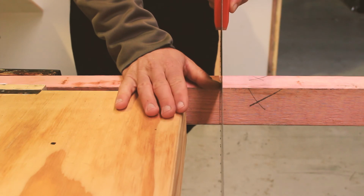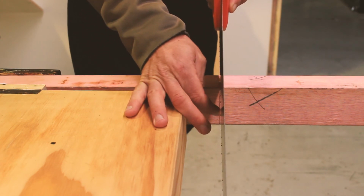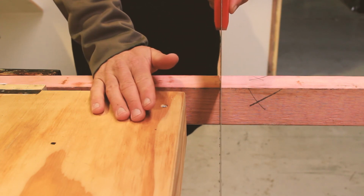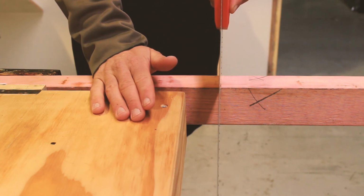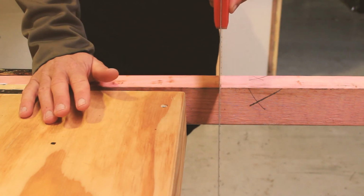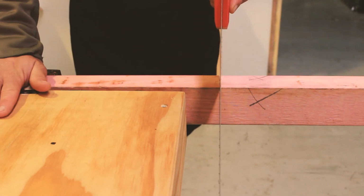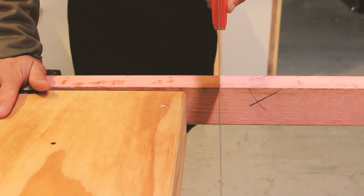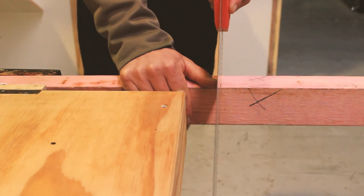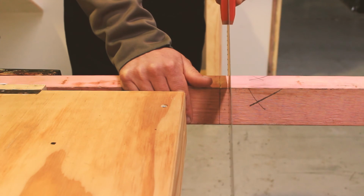Now just watch your fingers. This is a situation where your hands are actually very close to these things here, which can cut you. Essentially they cut through timber, so they'll cut through you. So be very careful of this. If you wanted to try this just to get used to what handsawing's like, and you're not confident in yourself yet, I'd have your hand over here and just get used to sawing. But if you want to take that to the next level, get your thumb here and use that as a guide. So I'm drawing,